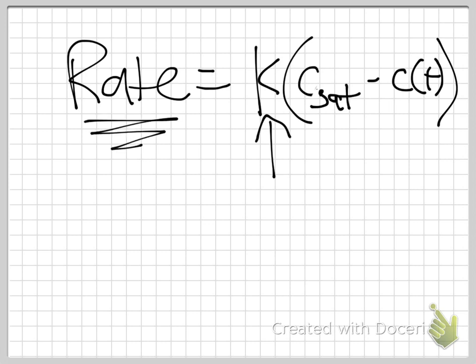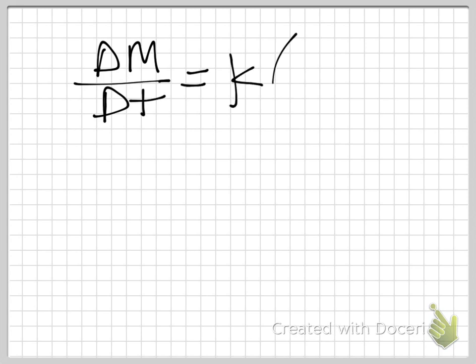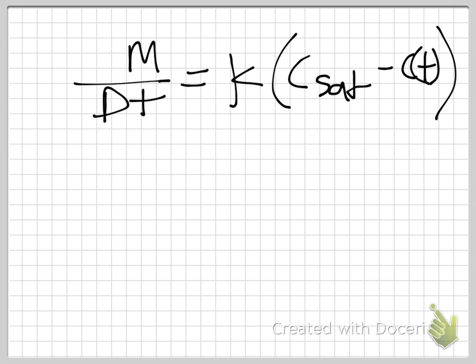But let's focus on what this rate is over here. I can rewrite this a little bit differently. The rate of mass transfer is how much mass is transferred per unit time. So let's put this side back in there. That's the C, the concentration at a particular time. If we wanted to be a little bit more calculus-y about it, and we wanted a very small change in mass and a very small change in time, we could replace the deltas with a d. And now we've got ourselves, well, almost a differential equation. We do have a function in it. We know that the concentration is going to be changing over time,